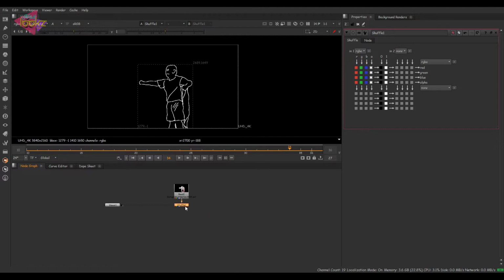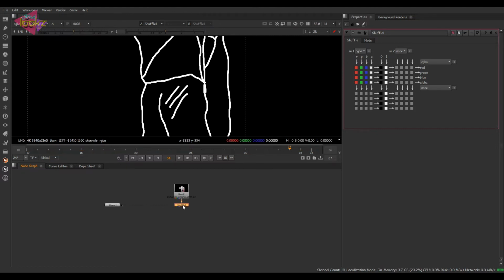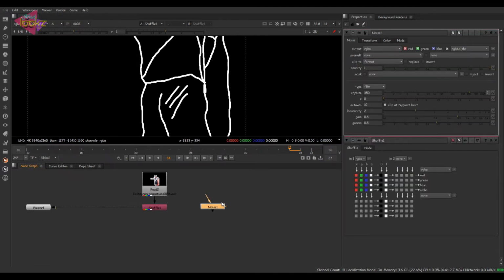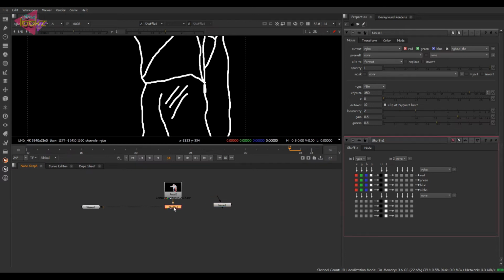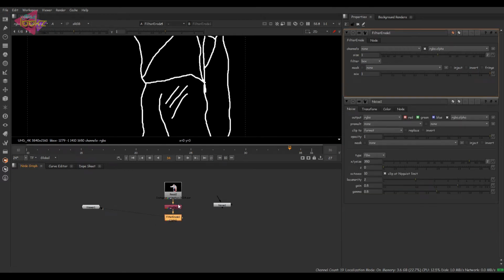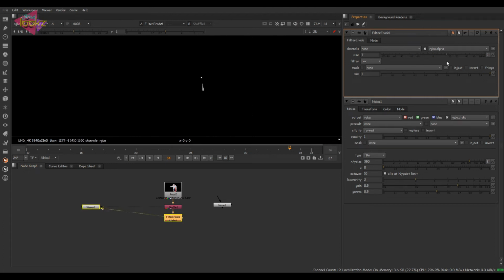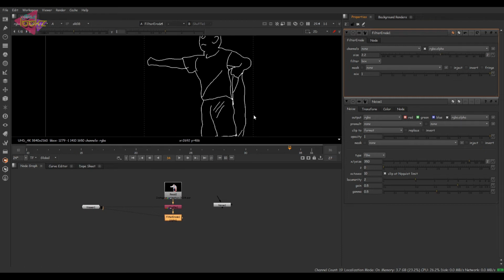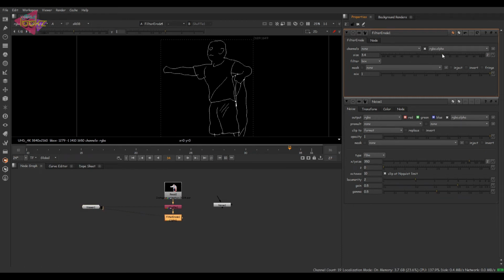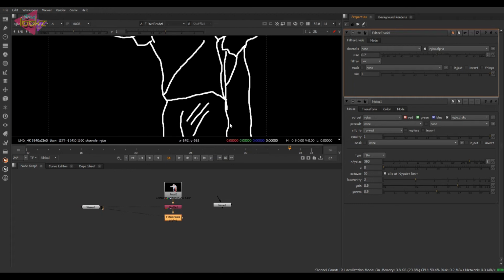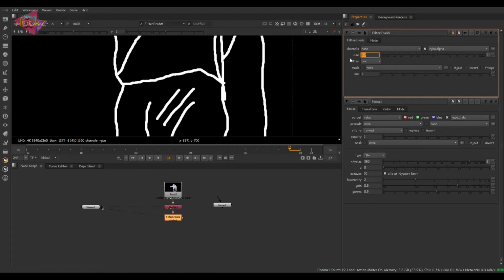Okay, so here we have the strokes. I'm going to take a noise node to do some warping or distortion on this. First of all, I will take an erode filter node to erode the lines a bit. You can control it over here. Just keep it according to your need. Let's keep a value of 2 or 1.5. If you give much bigger values the strokes disappear. So I'm just keeping it at 1 here.